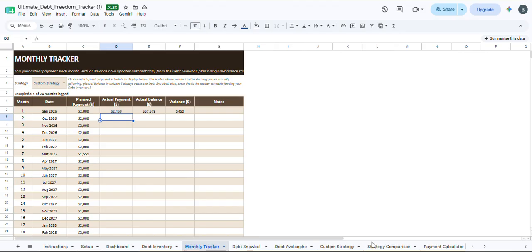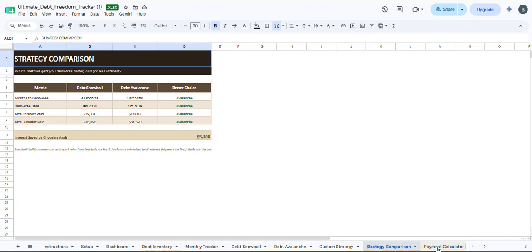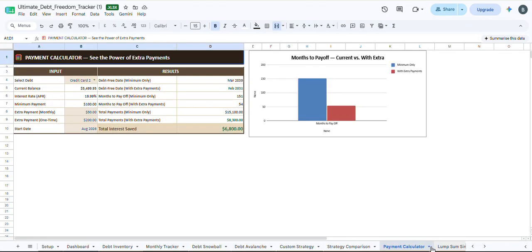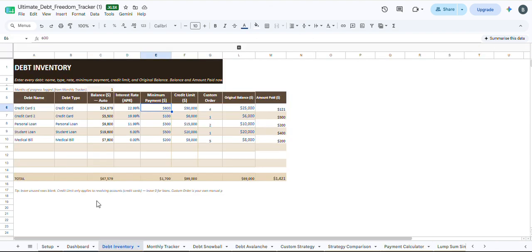Then when the tracker is clear, then you have the strategy comparison you have selected. Like it's gonna tell you which is a better choice. Then you have your payment calculator. You can select any of your payments. Let me show you one example, that inventory, and this is, you can say family loan. Okay,